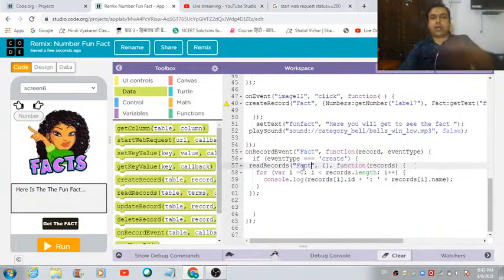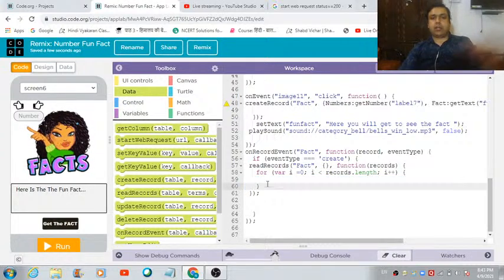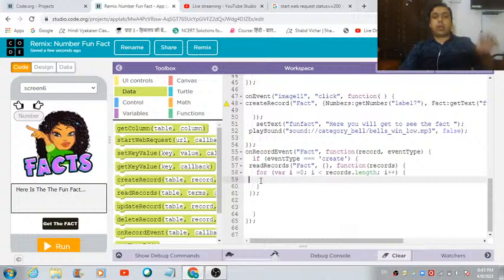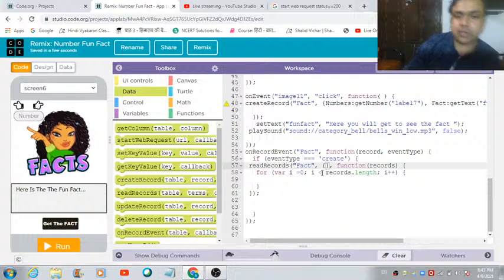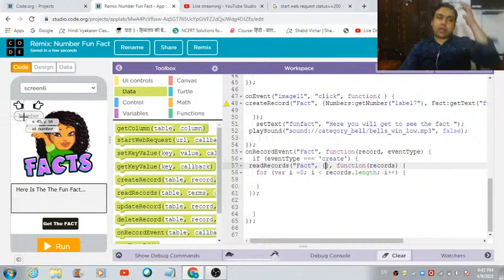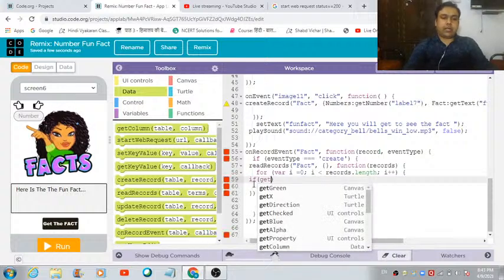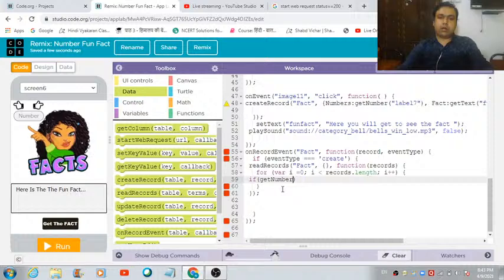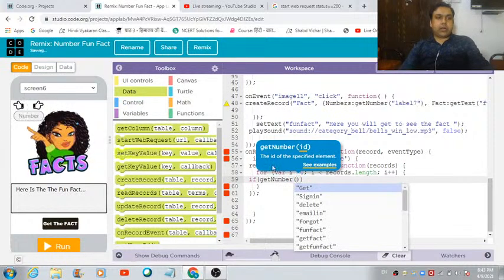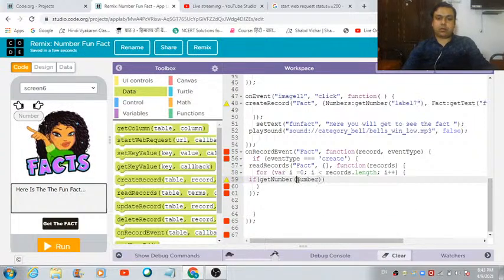Now I am going to replace this my table with fact and eliminate everything whatever we have in this for loop. Now we want to fetch the fact related to the number which the user will enter over here, right? So for doing that, either we can define a condition over here to put a check on this number, or else we can make use of if loop and put a check on this component. So for now I am going to make use of if loop. So get number, if this number, now the ID of this component is number, right? So if this number is equal to